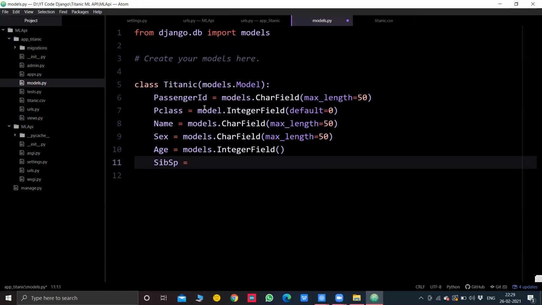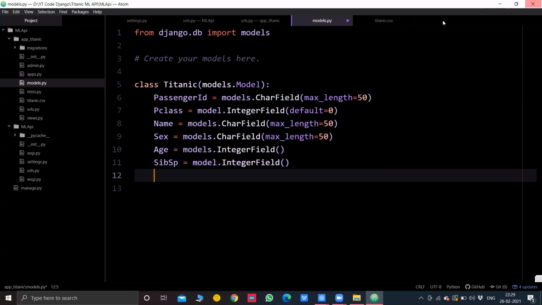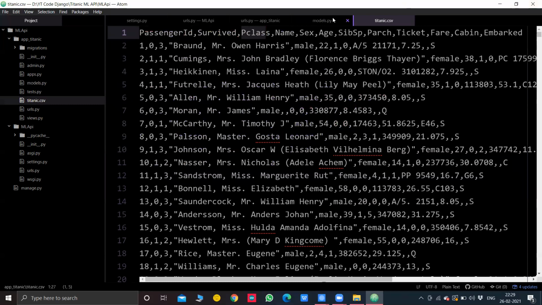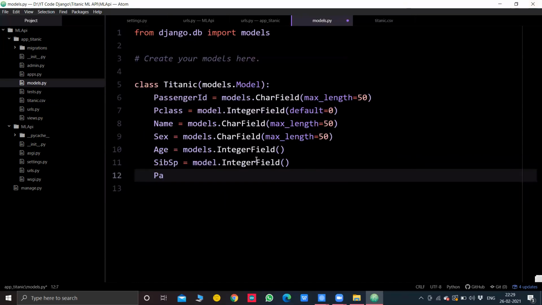After age was siblings or spouses, actually not siblings per person. So models.IntegerField again, and after siblings and spouses it was parch, that's parents and children. So I'll select parch, and again it's an integer value, so models.IntegerField.